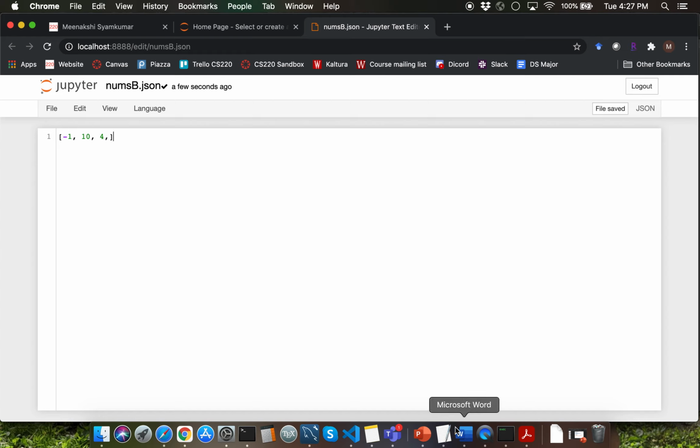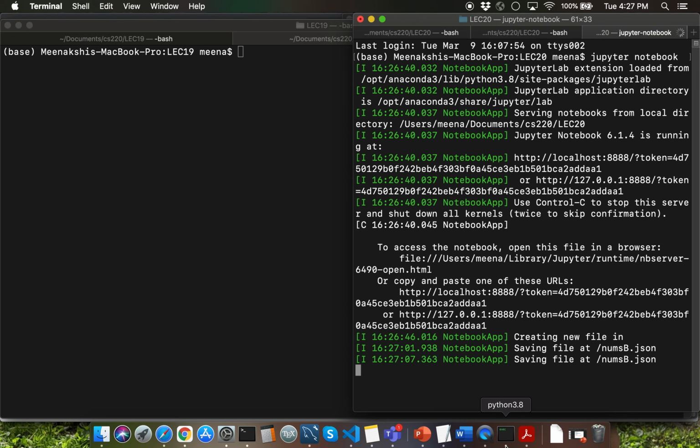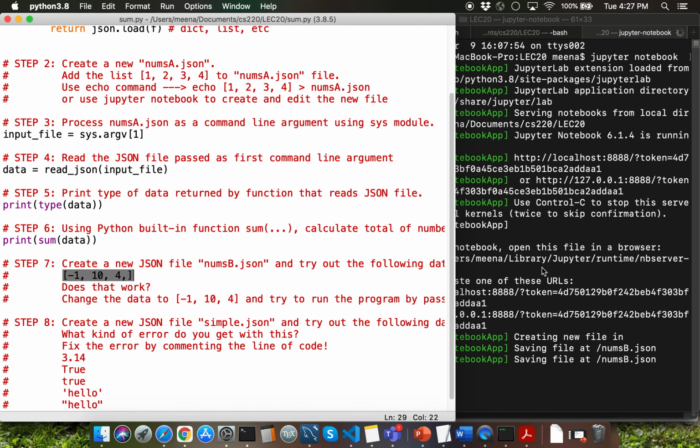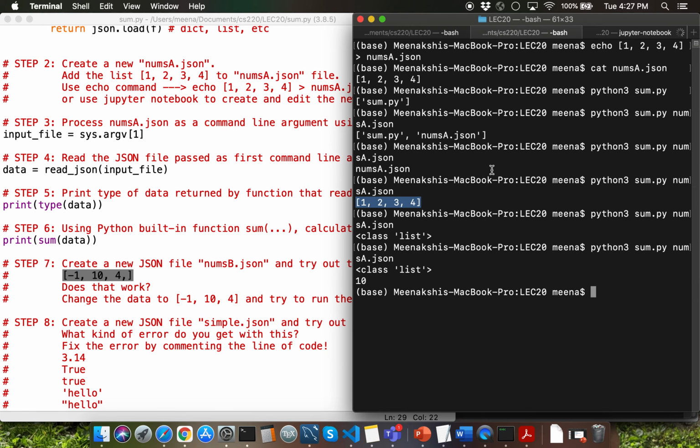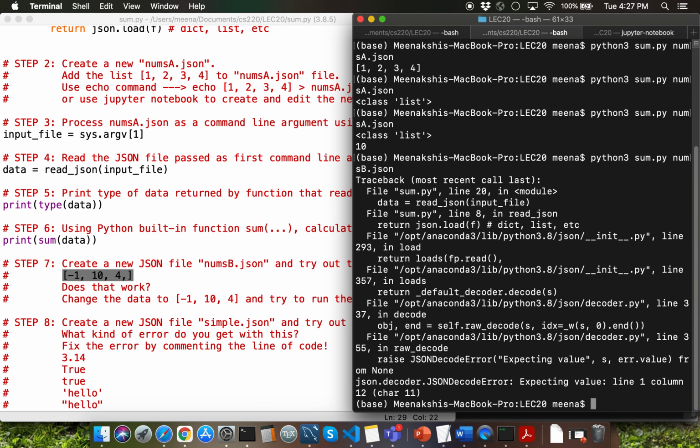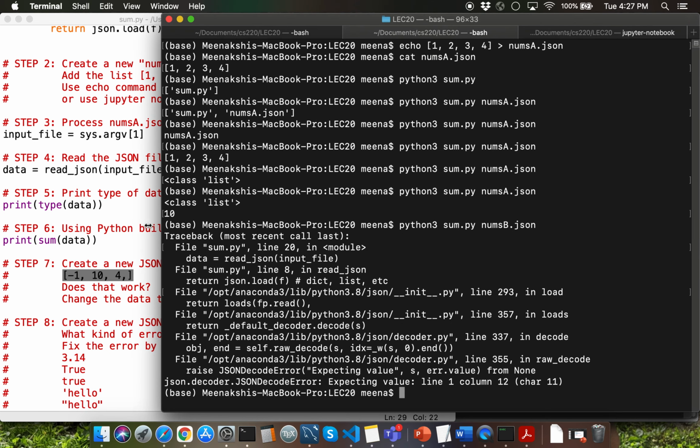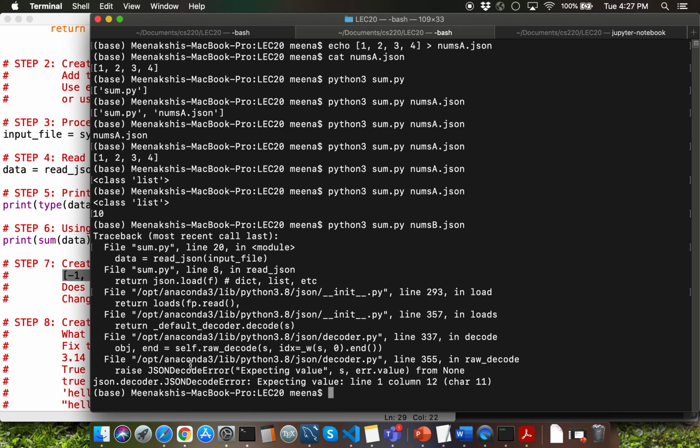Once I do that, I'm going to switch back to IDLE, and let's try to execute the program from inside the terminal window here. We need to invoke the sum.py script by passing numsb.json as argument. Let me try that. Observe that we are getting an error here. You're getting a lot of error stack.